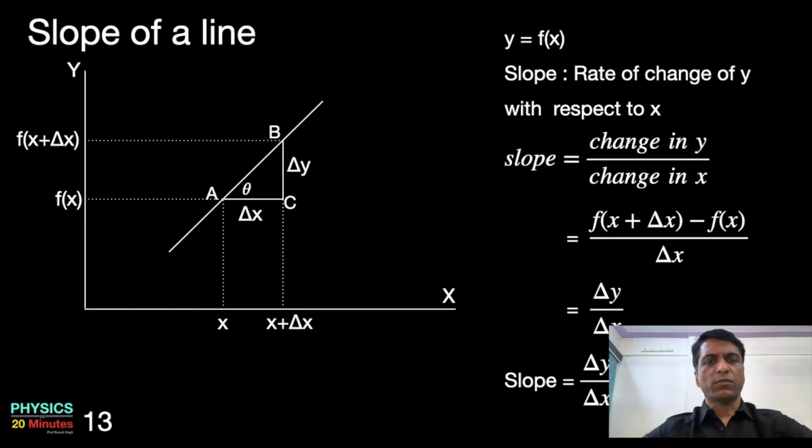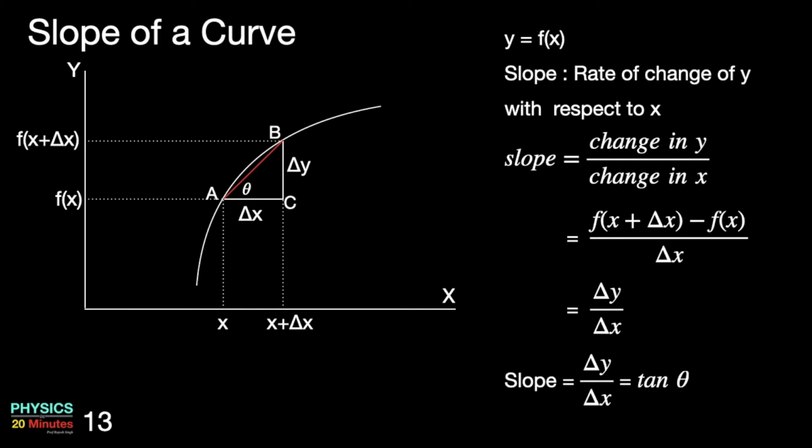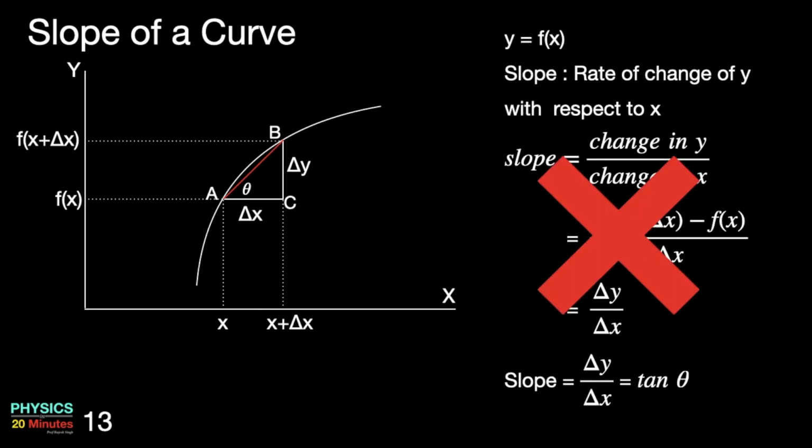What will happen if instead of a straight line, we have a curve? If I use the same formula to calculate the slope between A and B, it will not give you the slope of the curve between A and B. Instead, it will give you the slope of the straight line, which is represented by red color. The slope of the curve between A and B is not same. At point A, the line is steeper, while at point B the line is less steep. So the slope is a variable slope. Obviously, we cannot apply these formulae in the same form to find the slope of the curve at any point.